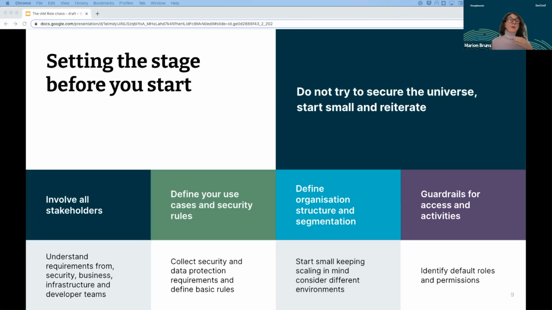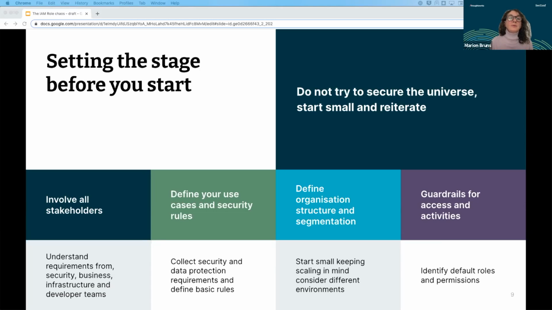And I really strongly recommend to involve all stakeholders before you start. And that includes also security people. I just learned in the previous talk that there's sometimes a kind of neglected team, but that is really important. The same applies to the business people and developer teams. So it's not only setting up security and later on identity and access management in the cloud. It's not a pure technical problem.